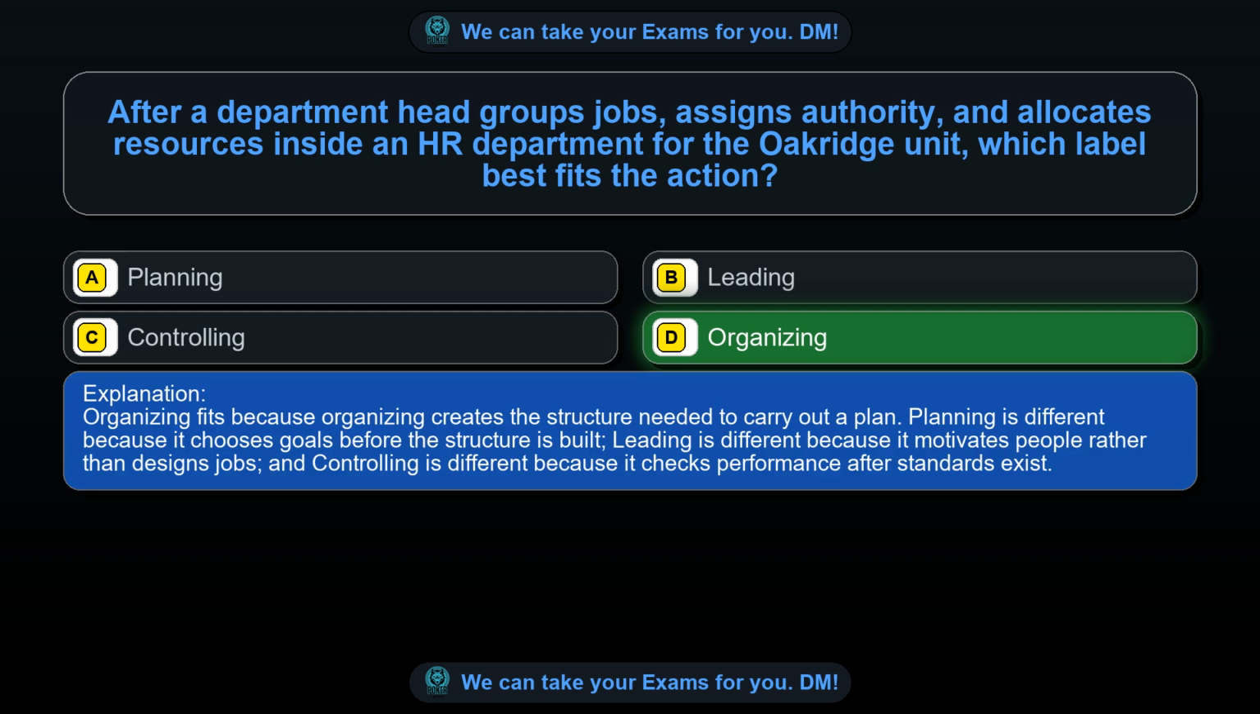Organizing fits because organizing creates the structure needed to carry out a plan. Planning is different because it chooses goals before the structure is built. Leading is different because it motivates people rather than designs jobs, and controlling is different because it checks performance after